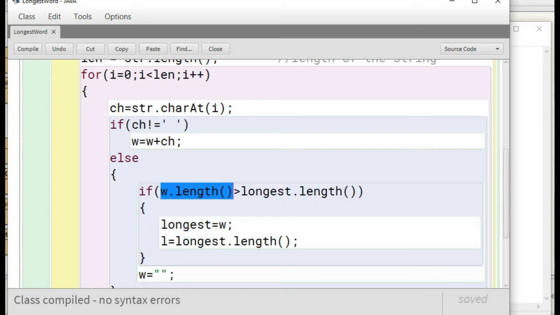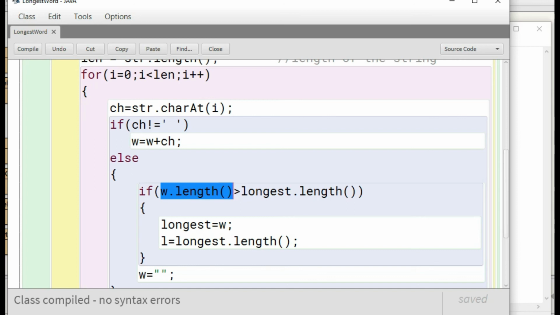Right now we have the first word in the variable longest. So if the length of the second word is greater than the length of the first word, obviously the longest word will be w, or otherwise the longest word will remain as it is, the previous one.